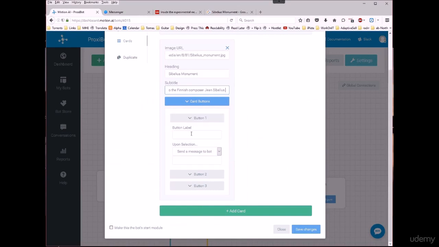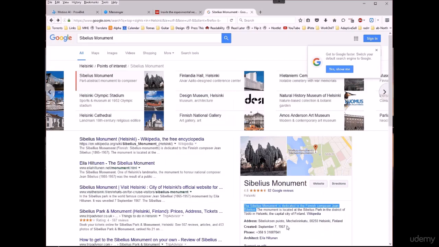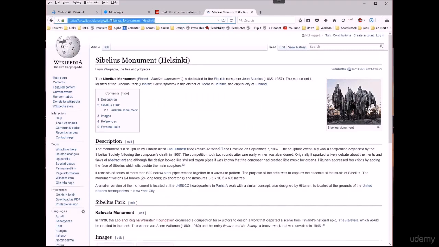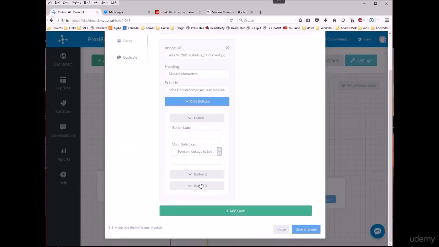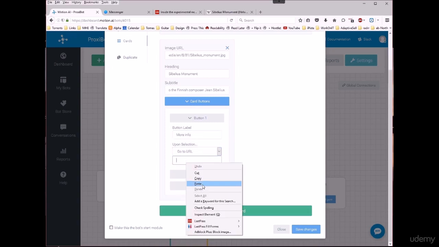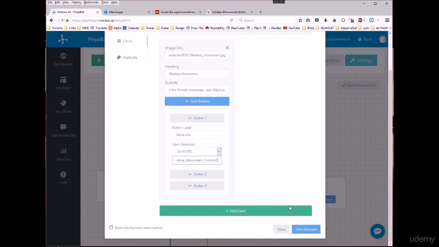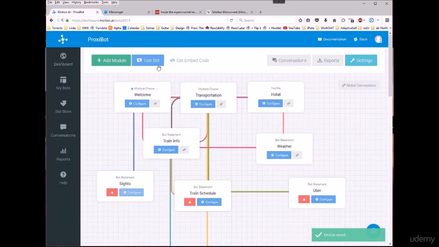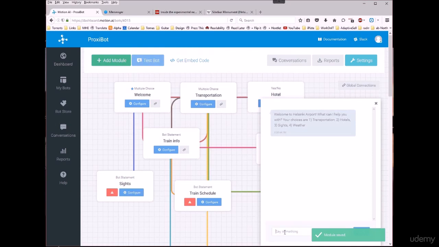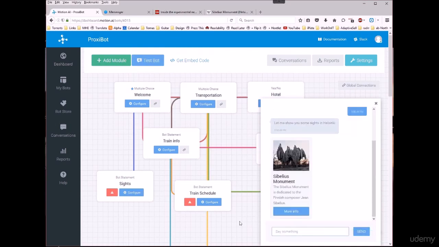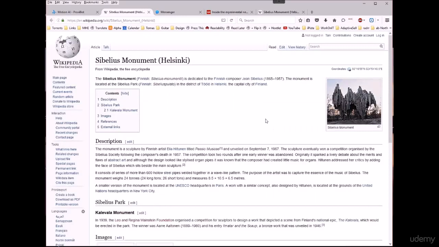And then we could put a link to some more information about it. So let's take from Wikipedia. We'll put in a more info button and go to information. We'll save that. Let's go out and test it. And there we go. Complete information about a top site in